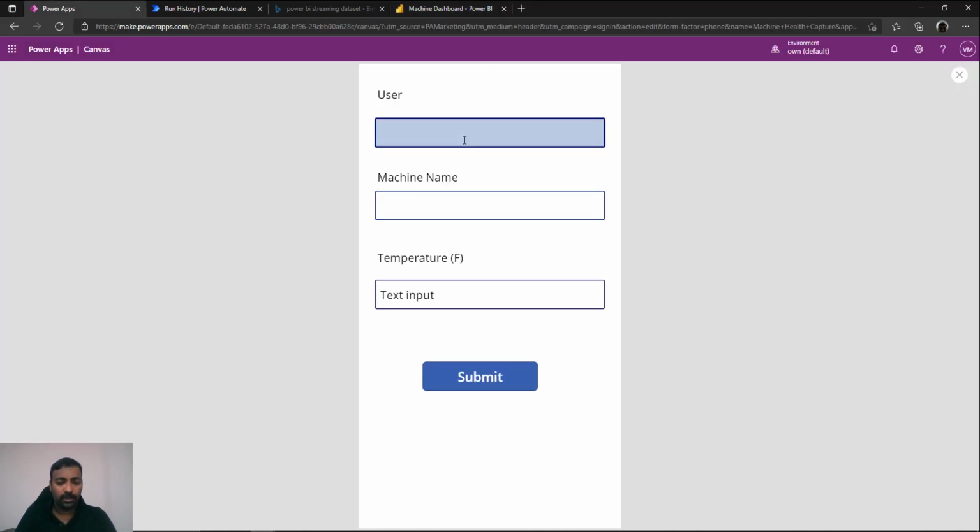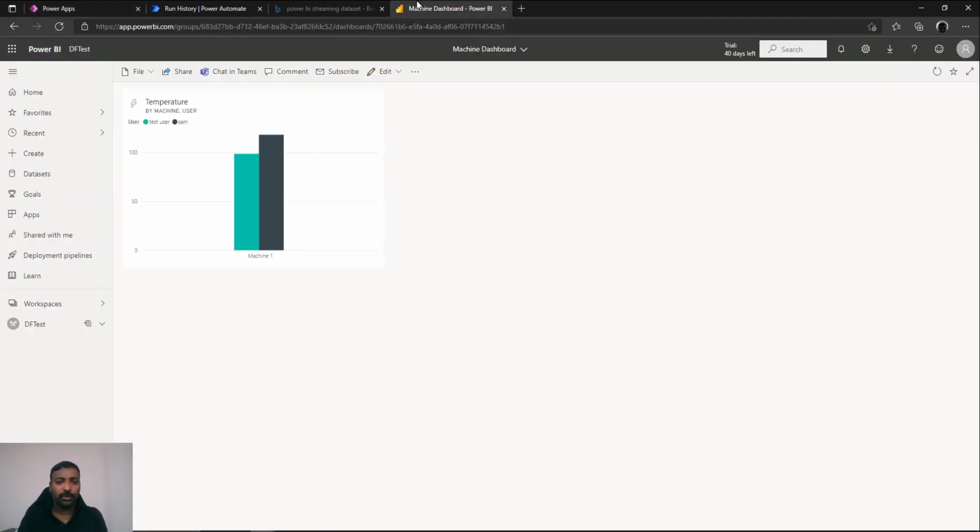So you can say Sam, machine 1, and you are putting say 118.2, some value, and submit it automatically. In a moment, see the new value gets automatically added to your clustered column chart. So this is real-time streaming.